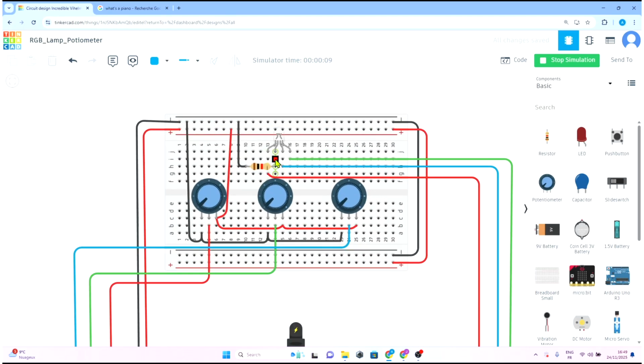You don't need to add more resistors for each leg of the LED, because those potentiometers are a kind of resistor. So we don't need extra resistors for that. So when we change this, and this, and this, I think